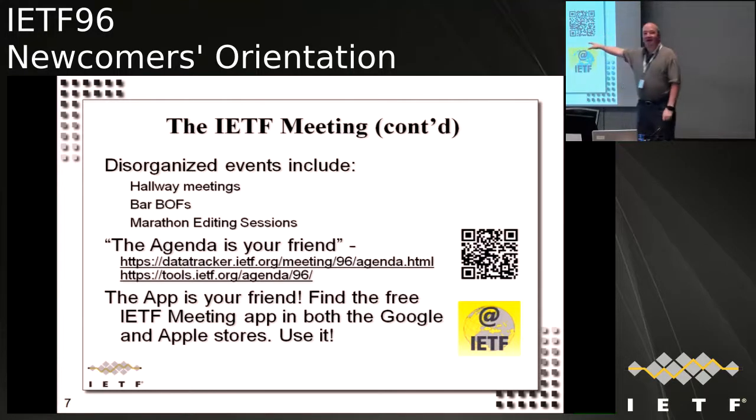Okay. Finally, the agenda is your friend. I'm still working on the organization of this thing, so this may move up front. There are a couple different versions of the agenda. The QR code points to the first one of these things. Please go look at it. All the information that has been put together for a given working group is available through the agenda. It'll tell you when everything is, where everything is, whatever. Other thing that's really useful, there is an app. There's an app for the IETF.